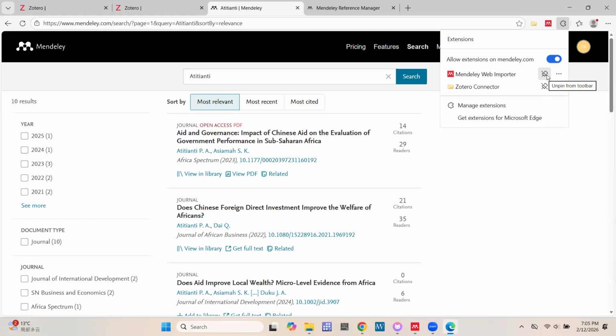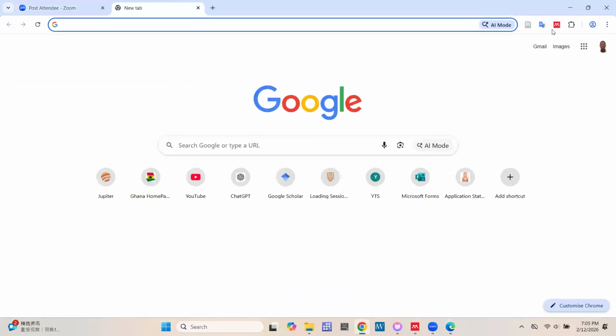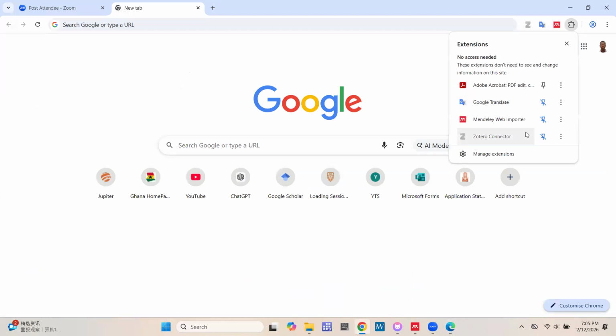You see I've pinned mine to my browser. This is not my primary browser, but I still pinned it. So even for Chrome, you still see it. If you're not seeing it, just go to extensions, look at your list of extensions, and then pin it.